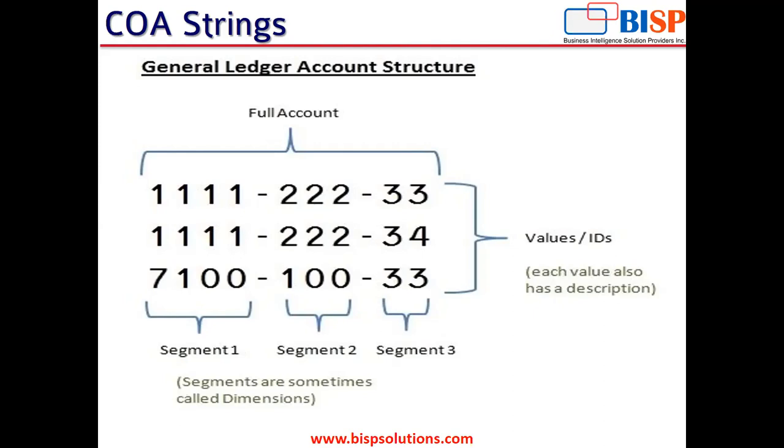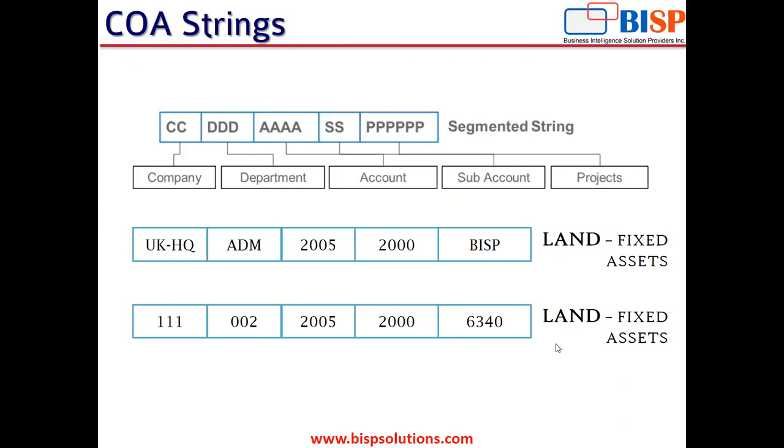As you can see on your screen, these are the stringed accounts that are present in the chart of accounts in most ERP systems and most accounting entities. This is a segmented string of an account that contains the chart field for company, a segment for department, the account number segment, then the sub account number segment, project or cost center or business unit, or the class of employees, or some other segment also.